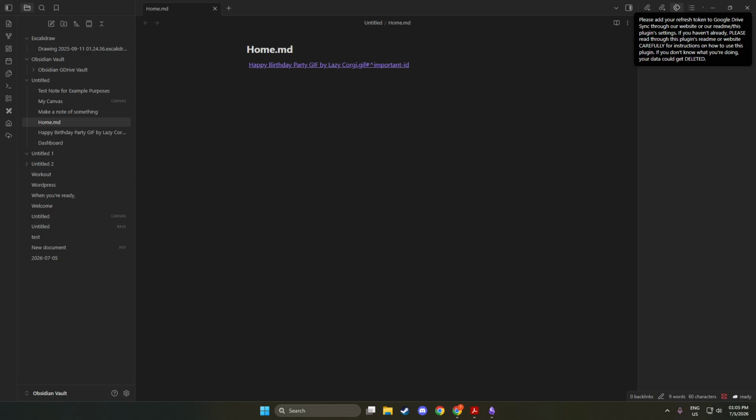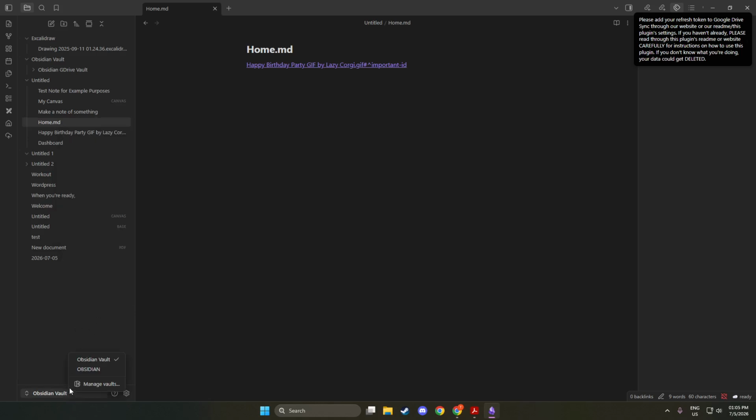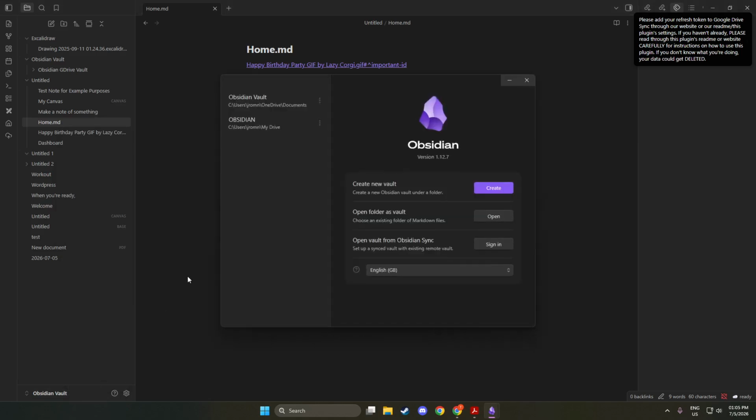Next, you will need to select Manage Vaults or Open Another Vault, depending on your version of Obsidian. The menu may vary slightly, but you should be able to find this option easily. Clicking on this will direct you to a list of all your vaults. This is a crucial step because it ensures that you are in the right section to modify or delete your vaults. You will see a list of vaults displayed on your screen. Take a moment to verify that you are in the right place before moving on.